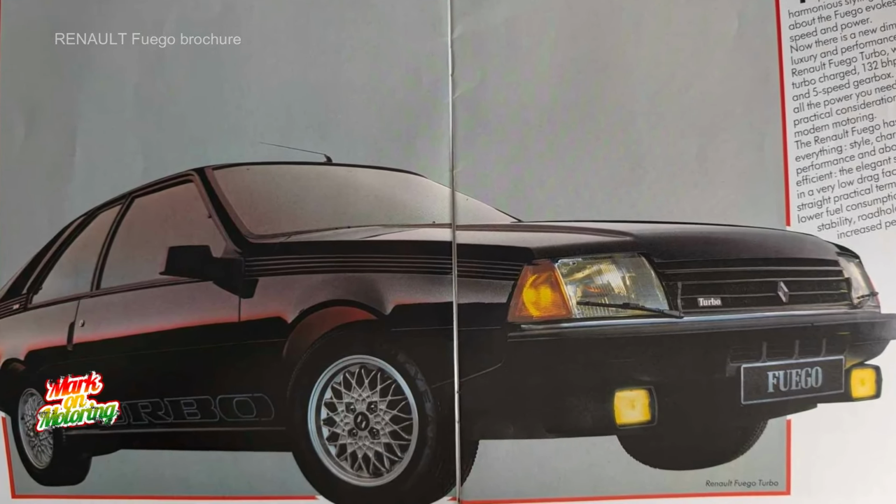Now, this particular car is owned by Brian Whiteside of the Renault Classic Car Club, and it's currently for sale as well, so by all means, if you're in the market for one of these cars and you really do want a genuine unicorn of a classic, I mean, you pull up at any classic car show in this car, I can pretty much guarantee you're not going to find another. I mean, I've been to numerous French car and Renault Club events. I've not seen another one of these over the last few years, so yeah, definitely an opportunity to own a